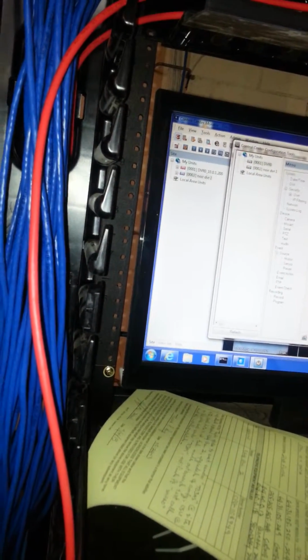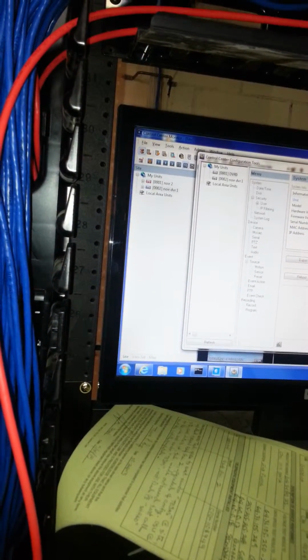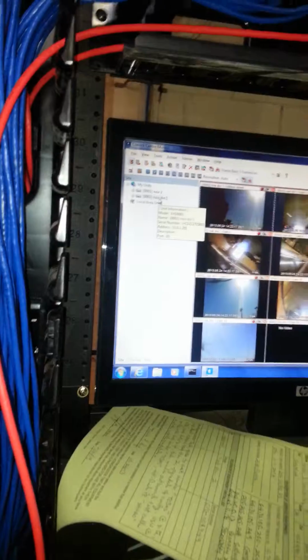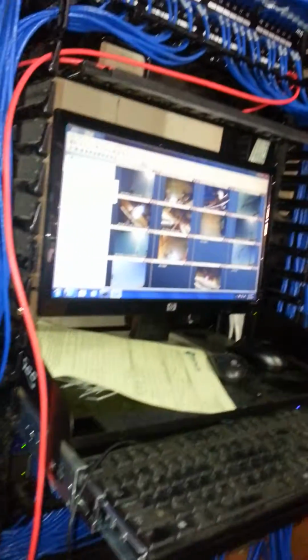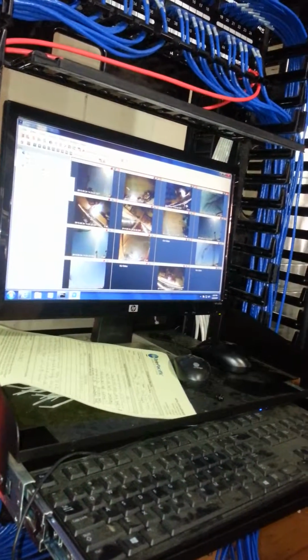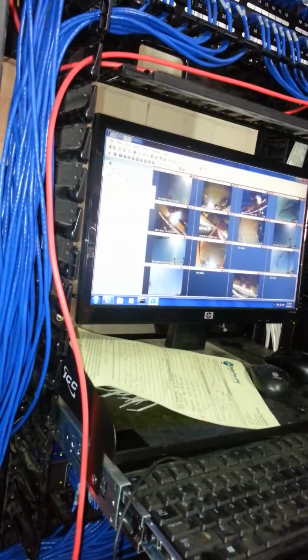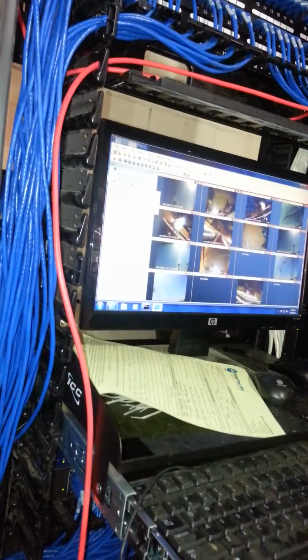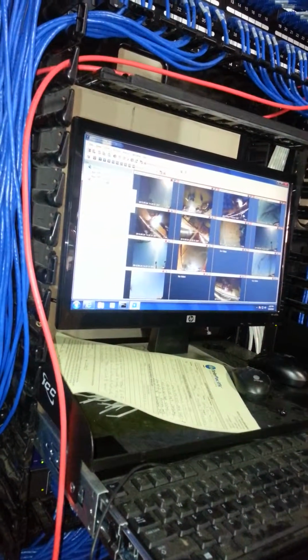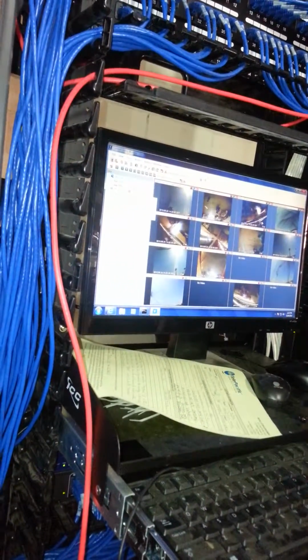At the other site, with our 2 DVRs, we encountered a problem where one of the DVRs had the majority of the cameras, and the other one just had a few. So the one with the majority of cameras, when we were trying to look at the cameras remotely, was really, really bogged down as far as the DVR. Whereas, of course, the other one with fewer cameras, it